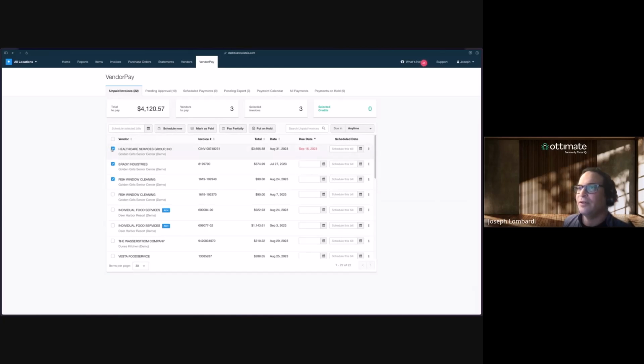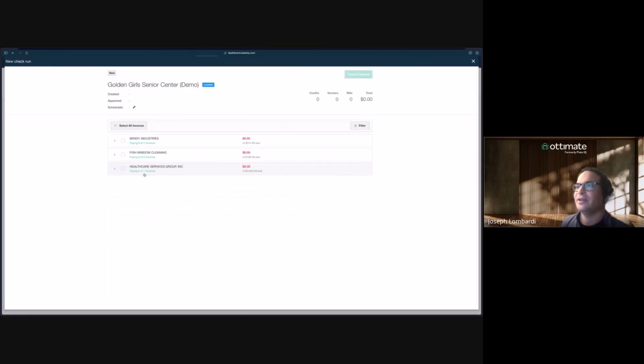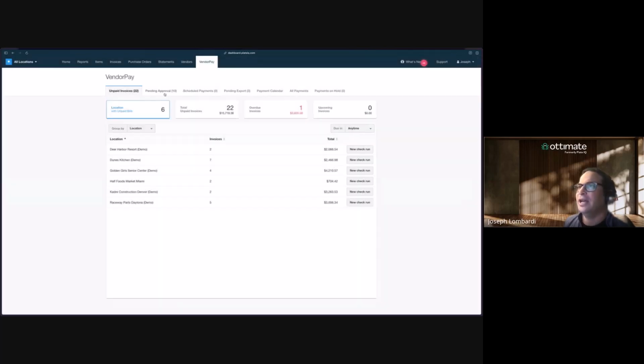Or if you prefer, and I know that for a lot of our Power Accounting users, they like to look by location, so they can pick a specific location where they want to issue payments from, and they can just hit the drop down here to select the payments that they want to issue. We're going to show you exactly how much you're paying that particular vendor. And then when you hit Create Payment button here, now those payments are going to end up in this Pending